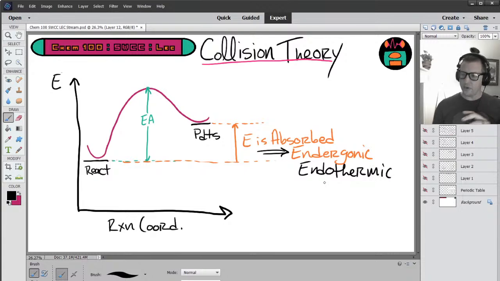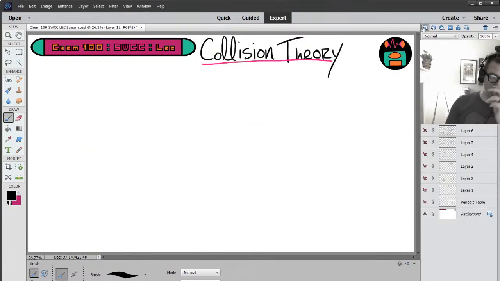Again, technically different, but the two are very closely related. All right, so we have endergonic, energy is absorbed. Exergonic, energy is released. And the key difference between the two is the energy level